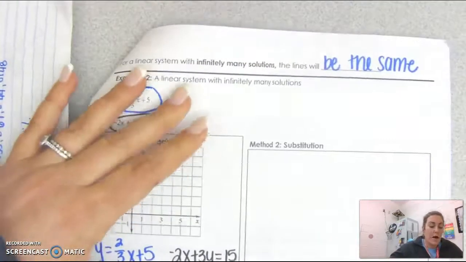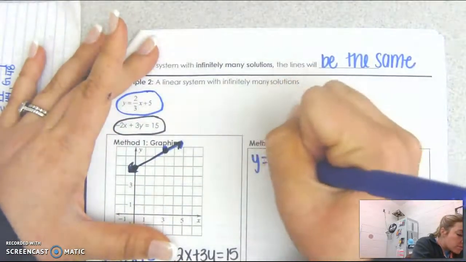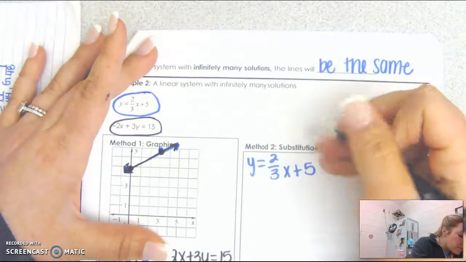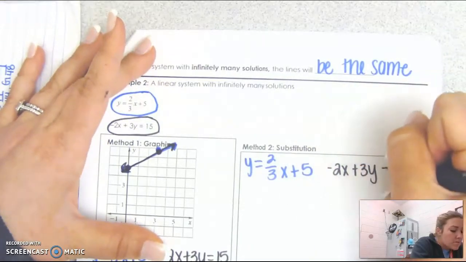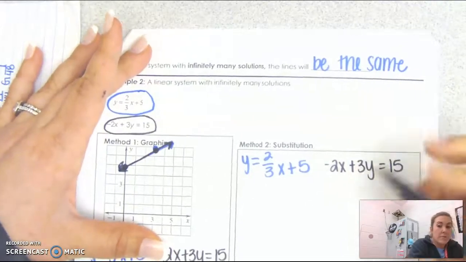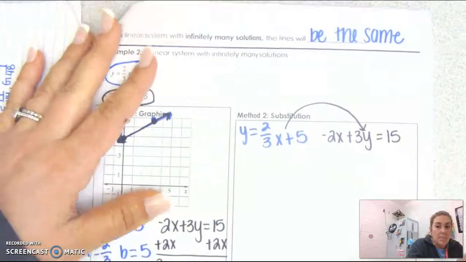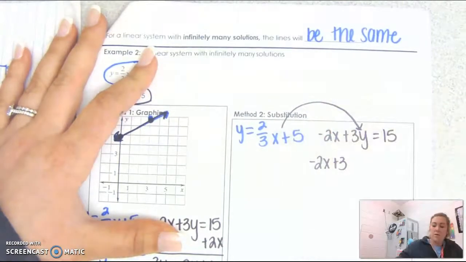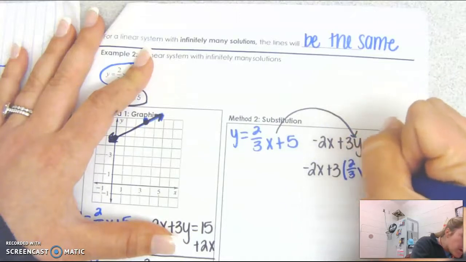Let's look at it by doing substitution. So I have my first equation, y equals 2/3 x plus 5, and my second equation, negative 2x plus 3y equals 15. I'm going to take what y equals and substitute it in for y in my second equation. So I have negative 2x plus 3, and I'm going to substitute in 2/3 x plus 5